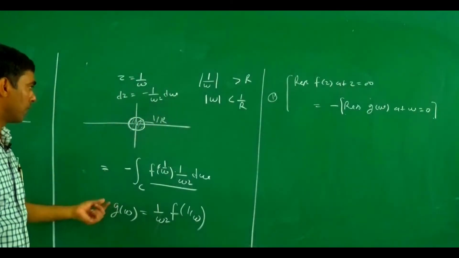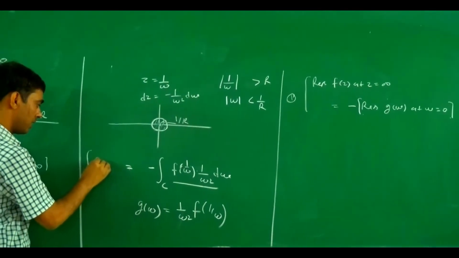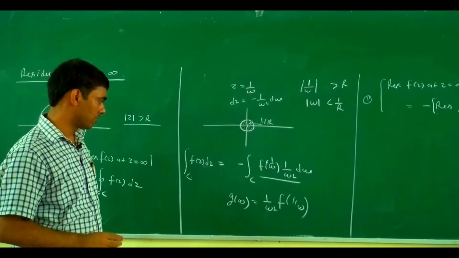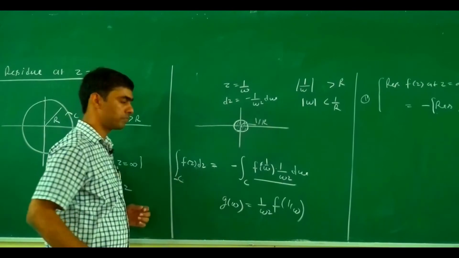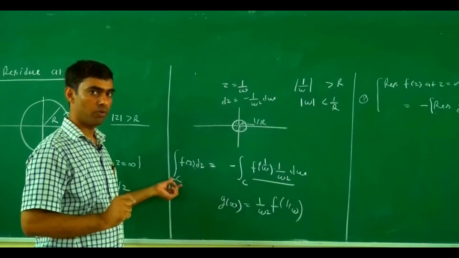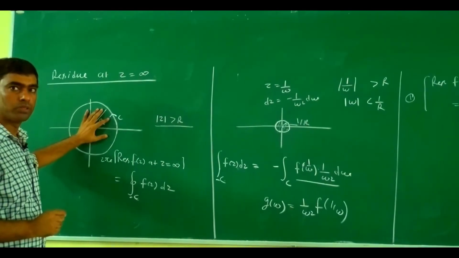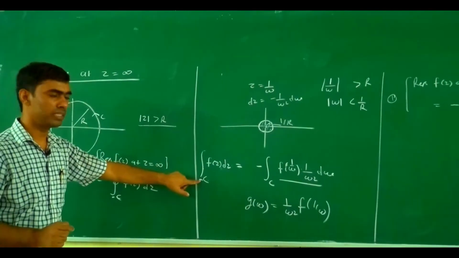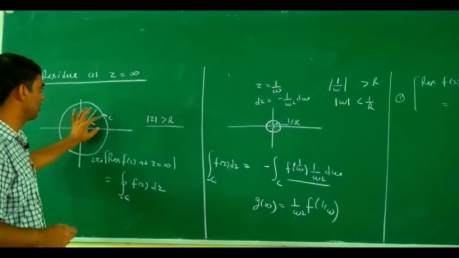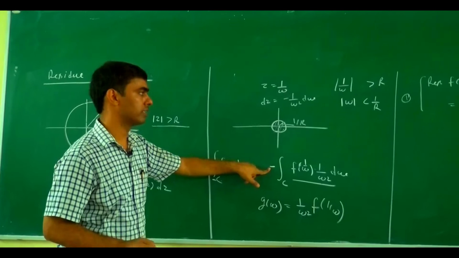So with the help of this, one is the integral over C of f(z) dz, so minus this one, minus C. If the orientation is positive, now what we are going to show is that if the orientation is positive, and all the singular points lie inside this region, then this becomes plus.